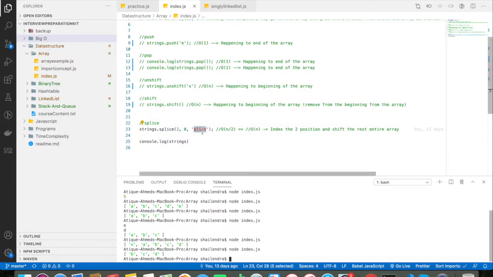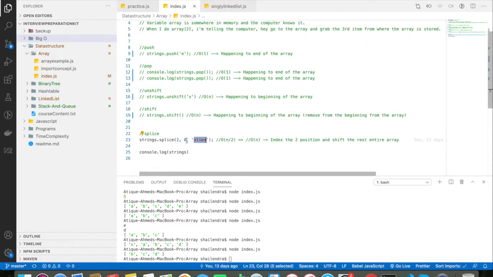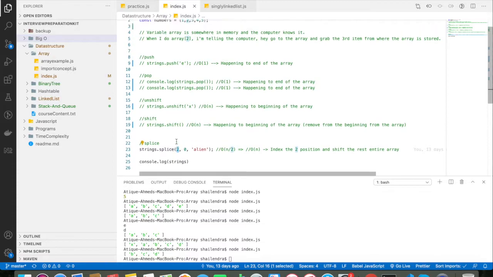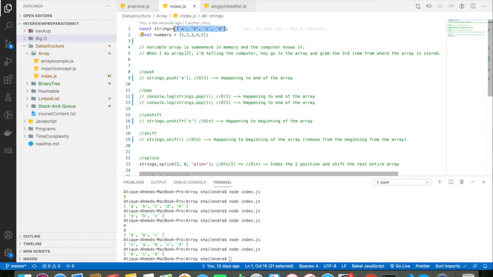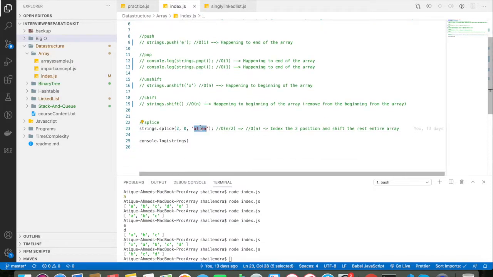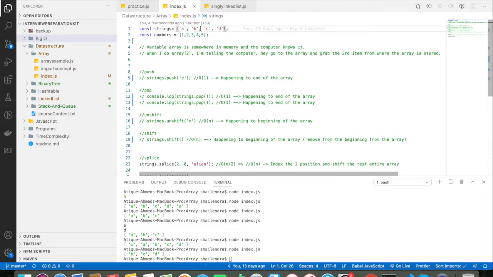For example, here I want to insert the record alien at index 2. This is my array and I want to insert alien here: 0, 1, 2, and the rest of the elements have to be shifted towards the right.